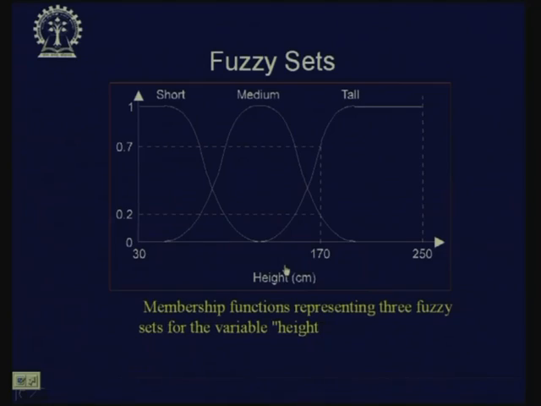You are saying it from a feeling, and your feeling may differ from mine. So, up to what room temperature would you really tolerate, and after that you will say it is becoming hot and the AC should be turned on. That is your notion. So, based on your notion of the term, you have to find a particular distribution of the membership function, membership values, and that will define the fuzzy set.